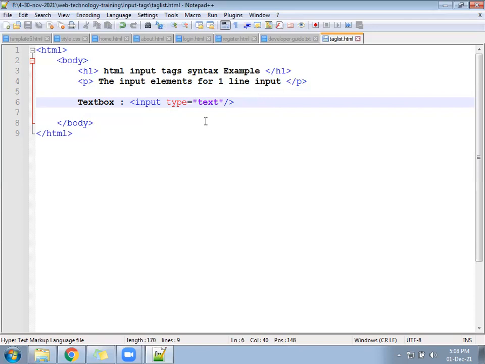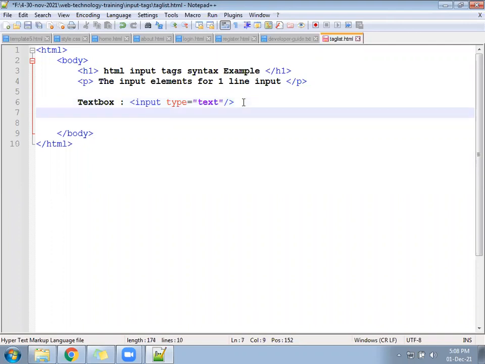No or yes? No. Whatever you are typing remains in the same line. Because of that, it is called a single line input. Using that, you cannot collect multiple line input from the user.